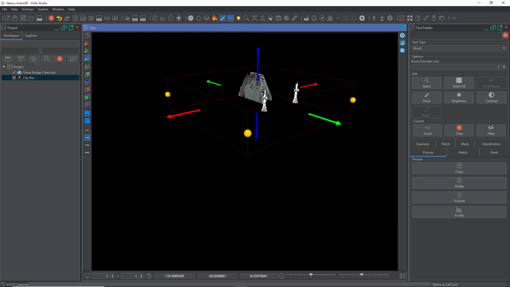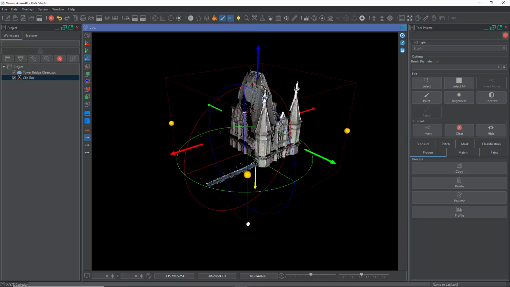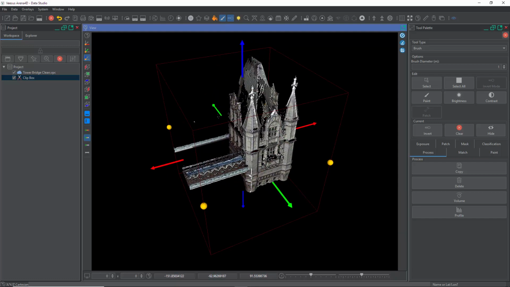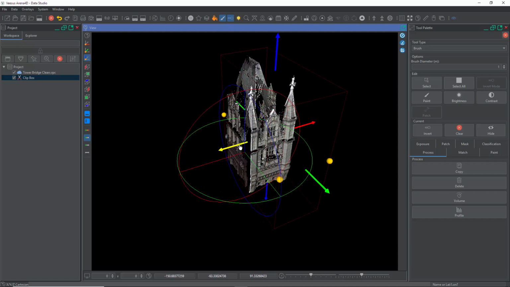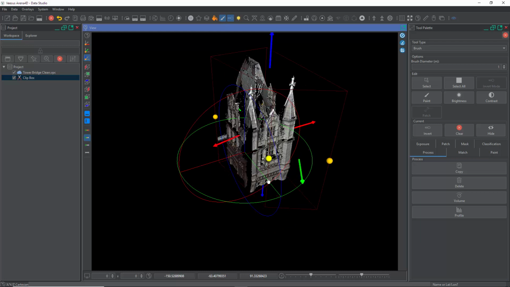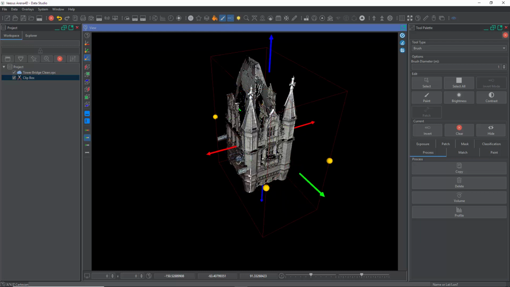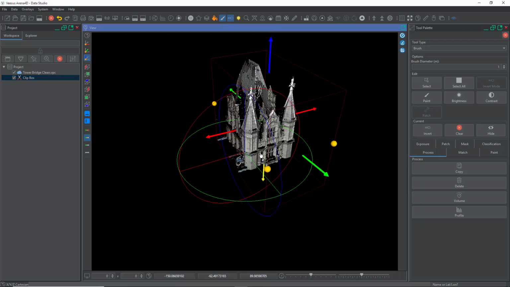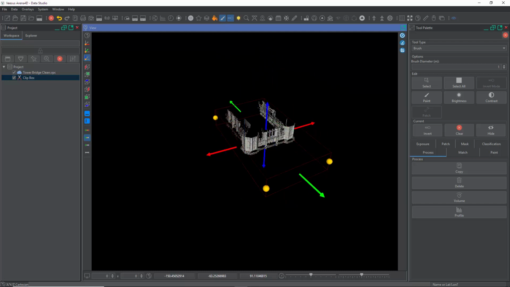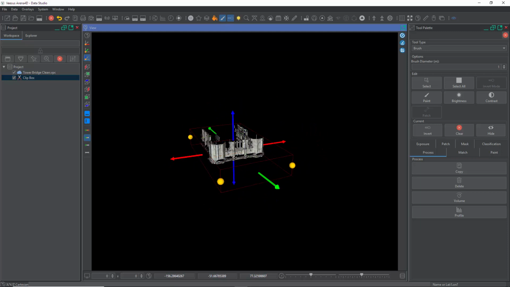So with the position tool turned off, the arrows here, which are quite self-explanatory really, change the size of the ClipBox. And the balls here can be used to pull in angles, so we can change the angles, and the arrows themselves change the size. So if I just position this to a section of this tower we have here,